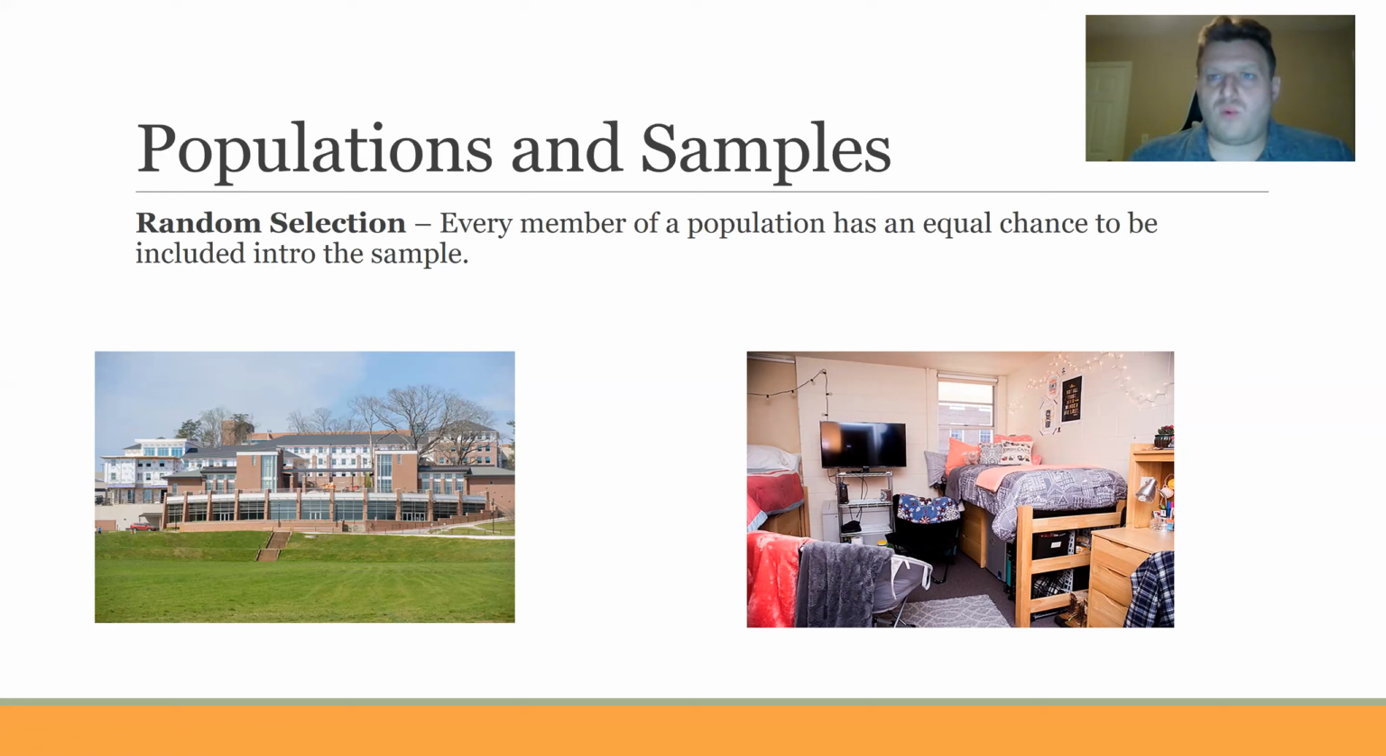How about if I were to grab the UNG directory and start with the students with the last name A and go down and select those students? Would that give me a random sample? Now that would be a better approach than these two, but it's not random selection because only individuals that have a last name that begin with A are going to be selected for our research study. All right, so we need to make sure that we use random selection to get as representative of a sample